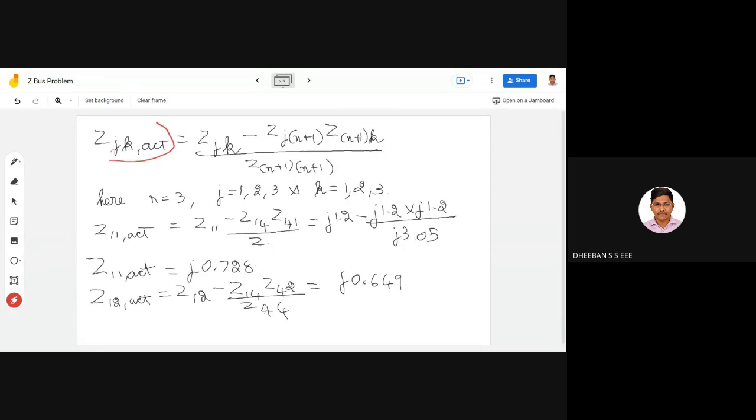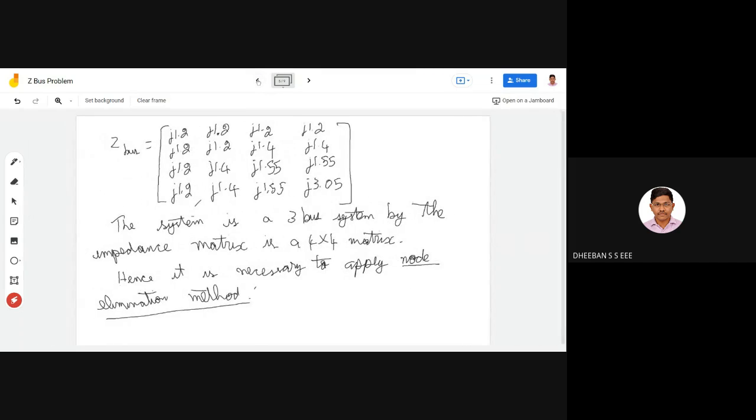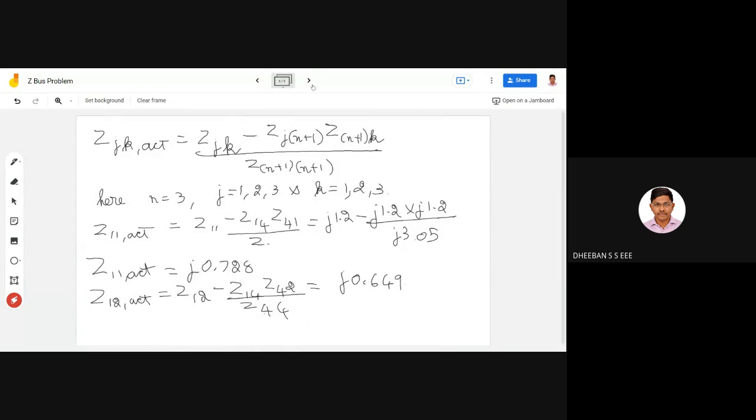This is Zjk actual, which is what we'll be finding, that is for your 3 cross 3 matrix. Our ultimate aim is to reduce this 4 cross 4 matrix into a 3 cross 3 matrix. As per it, Zjk actual will be equal to Zjk, that is the value at that particular matrix, followed by